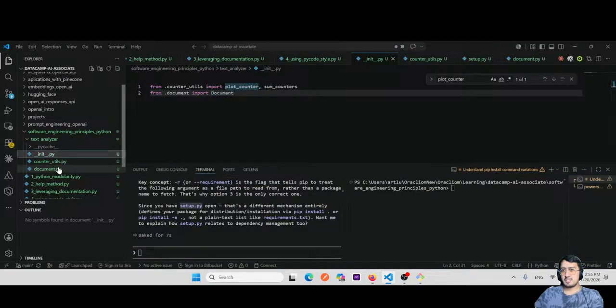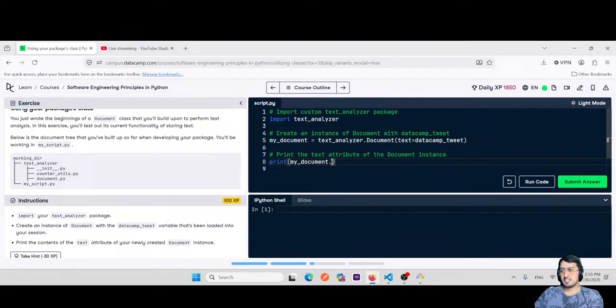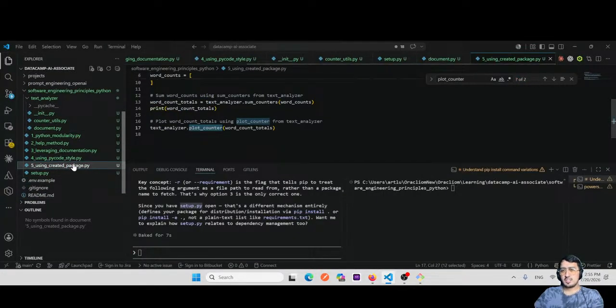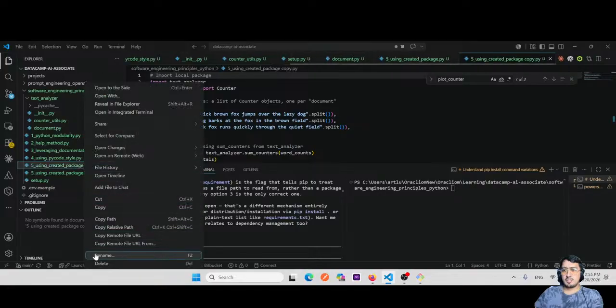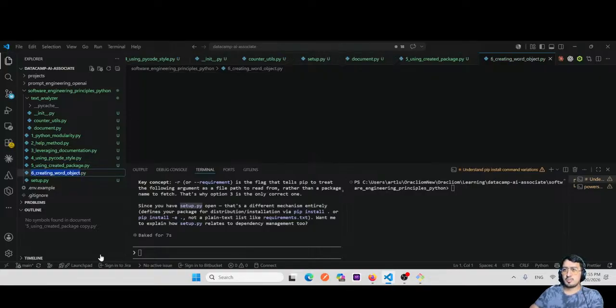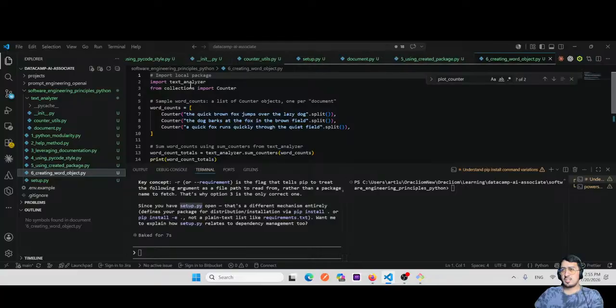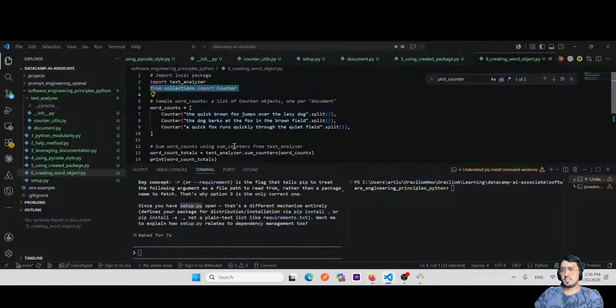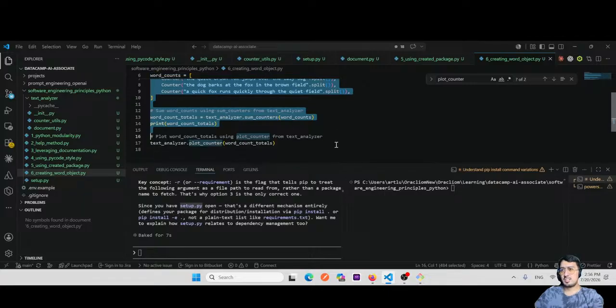It was text, I think. Yeah, that's good. So in that case we need to do this will be number 6 underscore word count, no, creating word